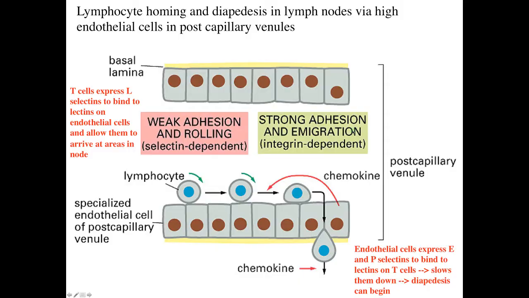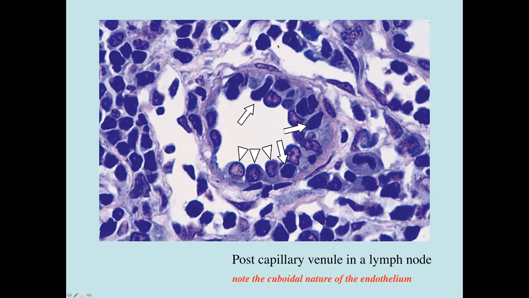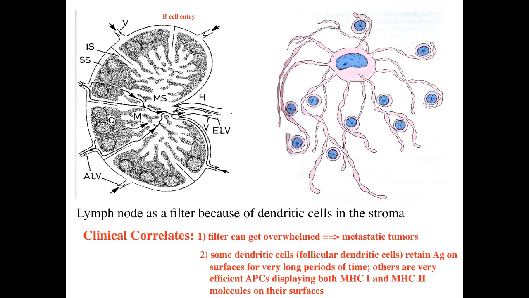of the lymph node. So if I go back a couple of slides, these T cells are coming out of the blood vessels here and are getting into these thymic-dependent areas within the lymph node. Lymph nodes act as a filter because there are dendritic cells in the stroma, and this is just an artist's conception of what these dendritic cells might look like. Here would be lymphocytes that are embedded in long projections of these stromal cells, and this filter, as you might